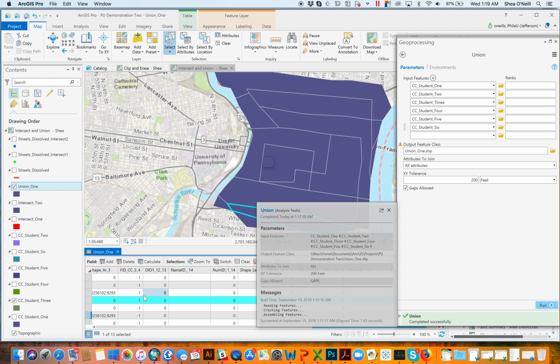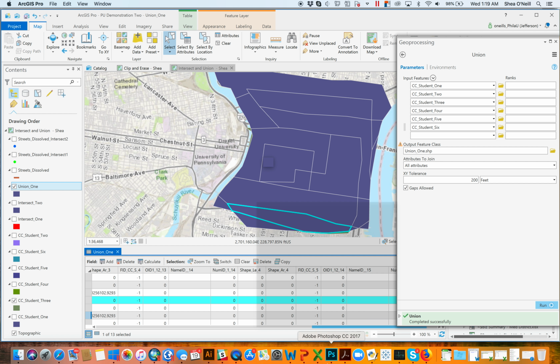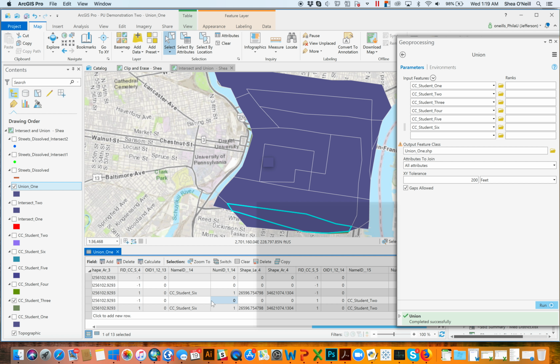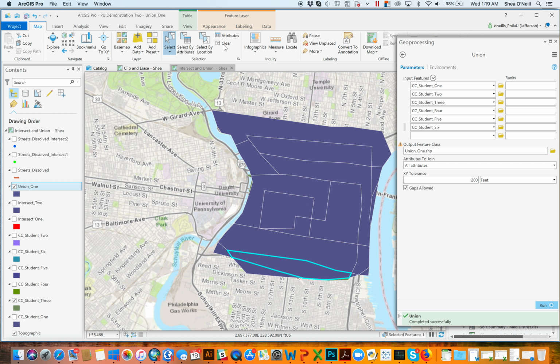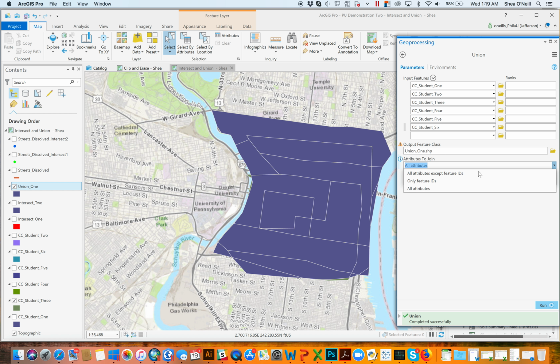Notice, though, the other cool thing is how it's handling the FID, right, the ID. There's either a 1 or a -1, where a 1 means I overlap and a -1 means I don't. And I often find that is kind of an easier way for some people to wrap their head around this tool. If you don't allow all attributes to return, but instead just do feature IDs, and we'll name this one Union 2,